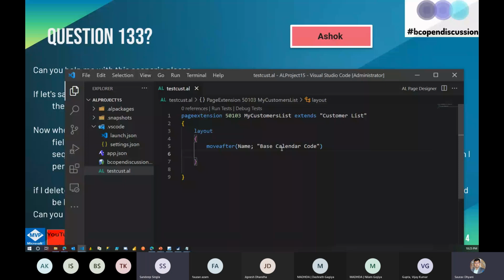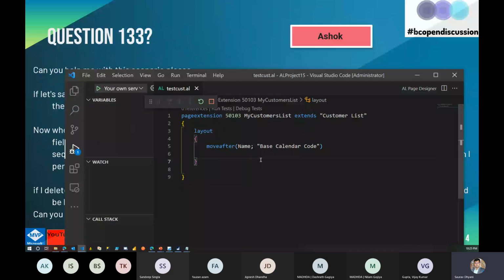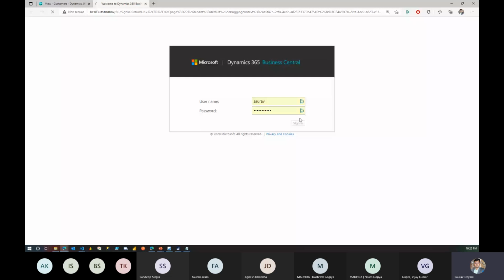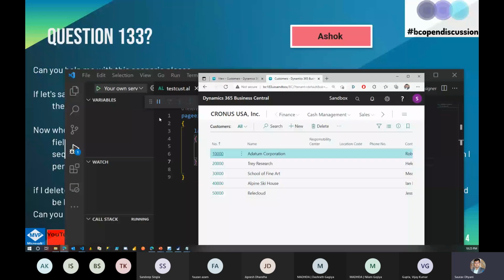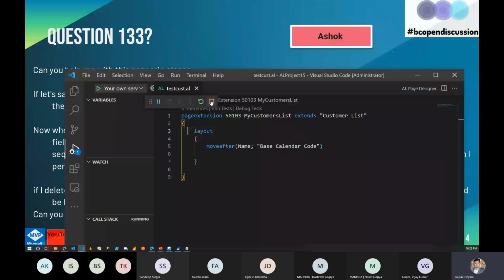Extension pages are free, but it's better if you save them. They are still at, there is a top count, right? Once you reach 9,999, you can't have more. So I prefer, if there are personalizations that I have to do, I use page customization, because